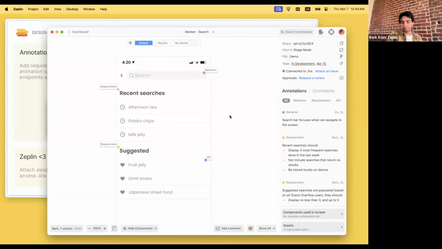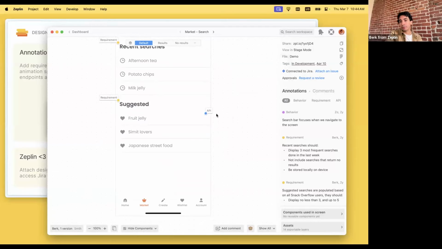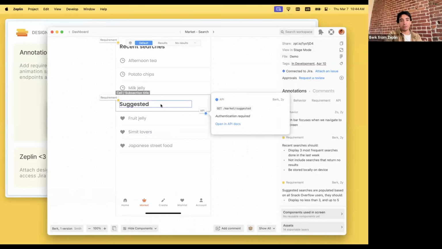right away. Another really interesting use case that came up as we were building annotations is more related to backend developers who want to provide the API endpoints that the front-end dev should be using. So in this case, we have them adding an annotation saying, if you want to fetch the suggested searches, use this endpoint, more information about it, and then you have a link to go to